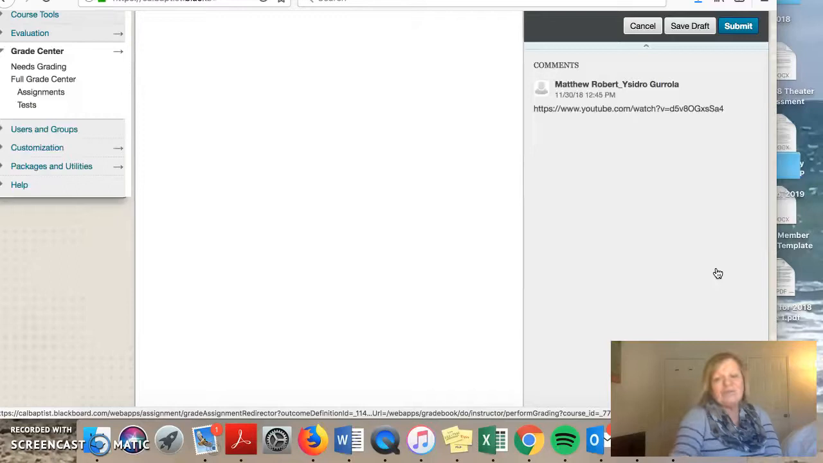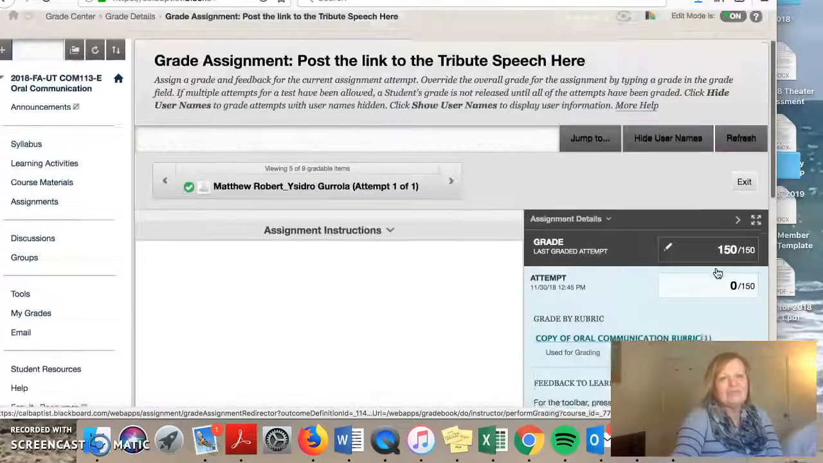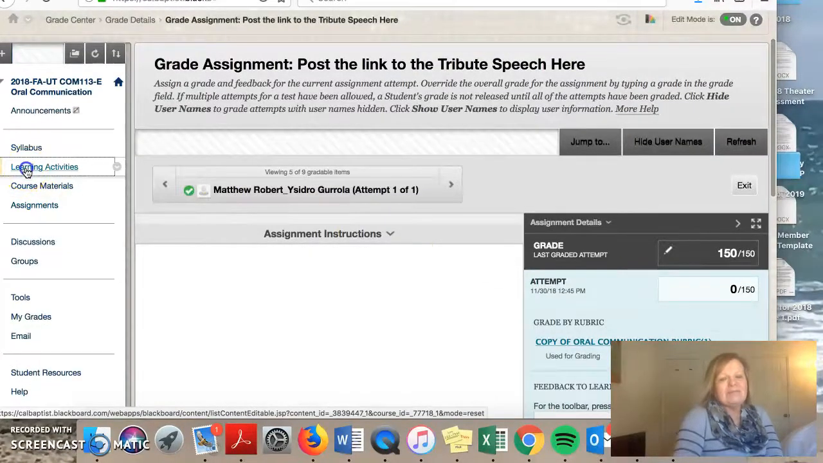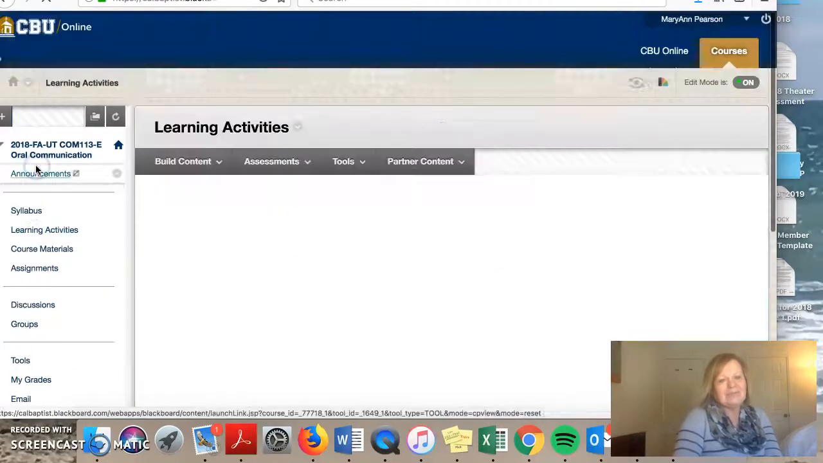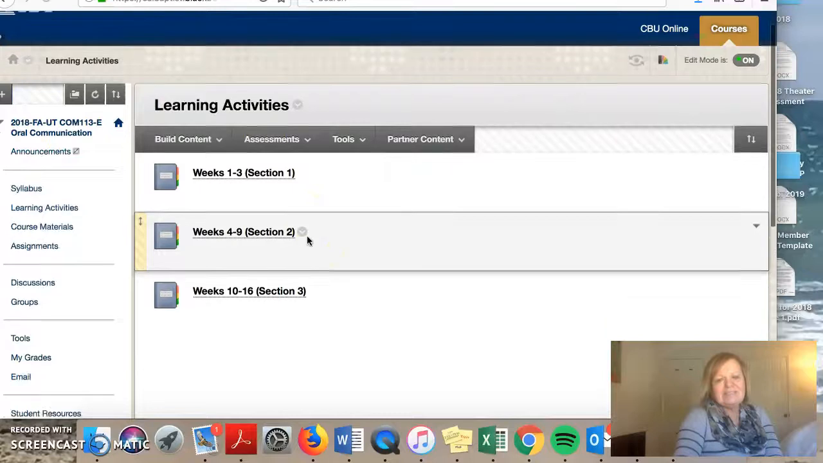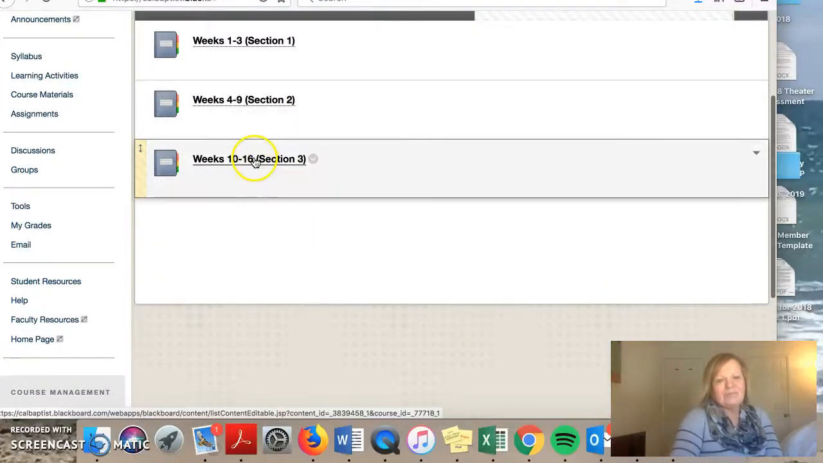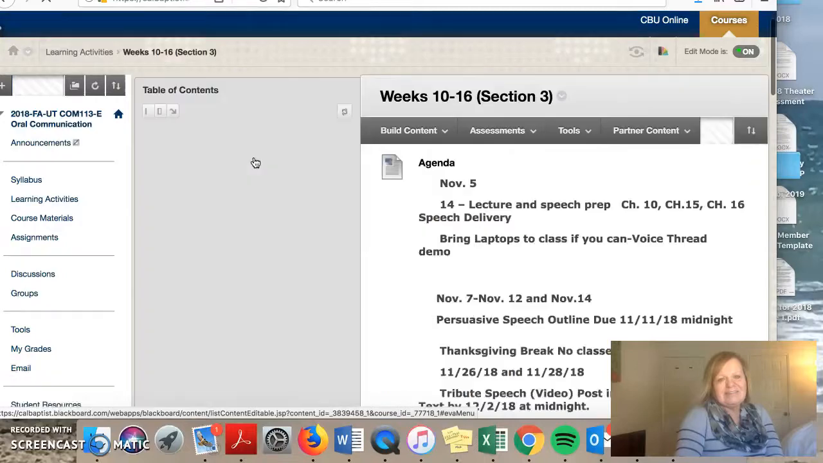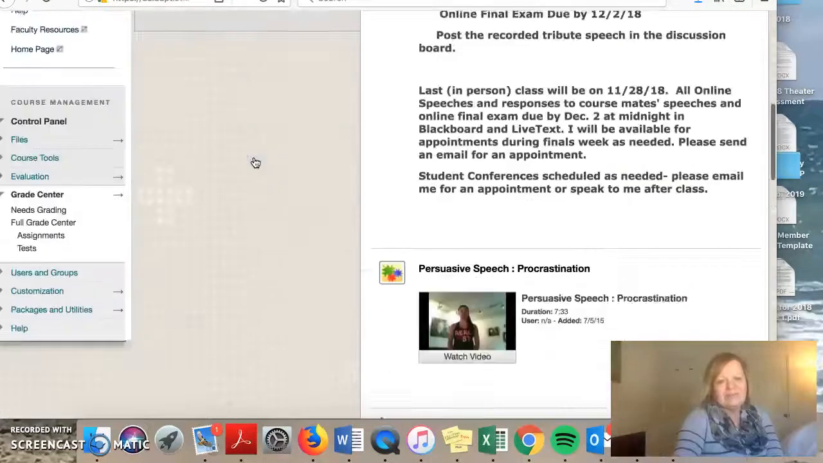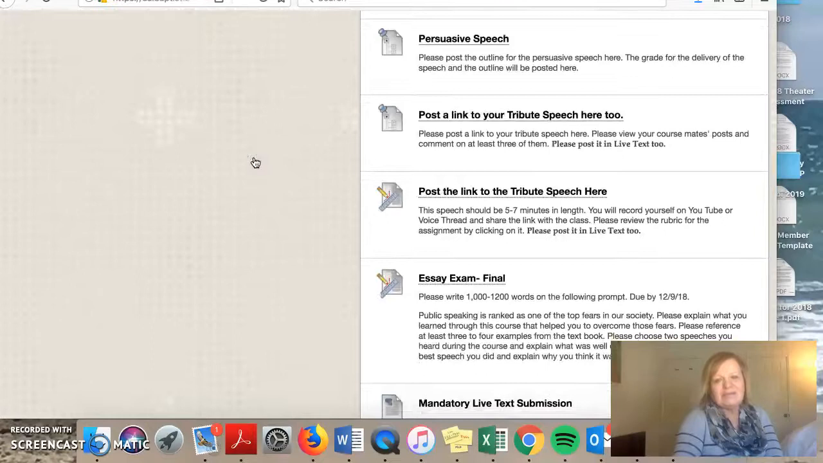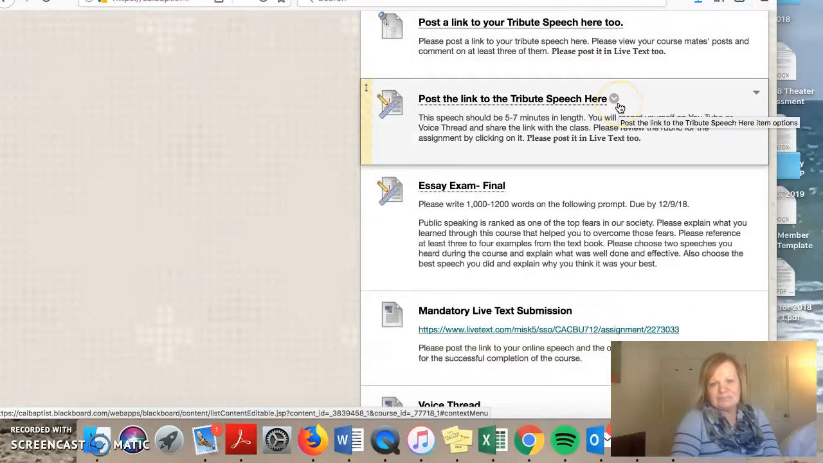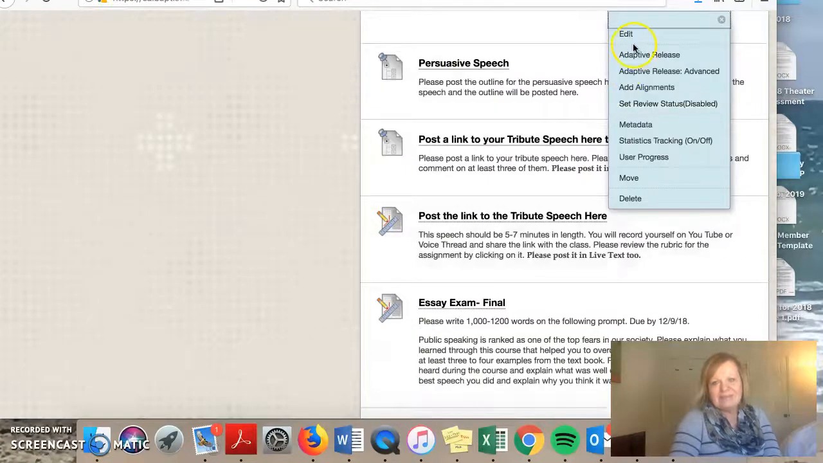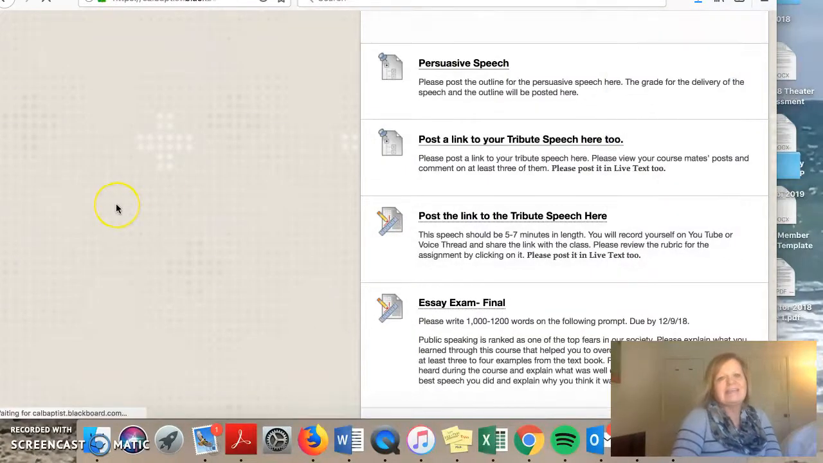So you may wonder, well, how do I include this rubric with the assignment? So let me go into Blackboard and show you that. So learning activities, when you go to weeks 10 through 16, let's scroll down to the link to the tribute speech. Let me edit that. If you hit the chevron and edit it,